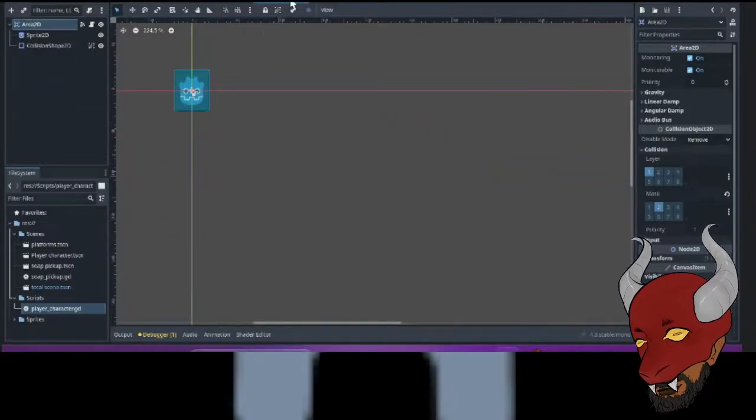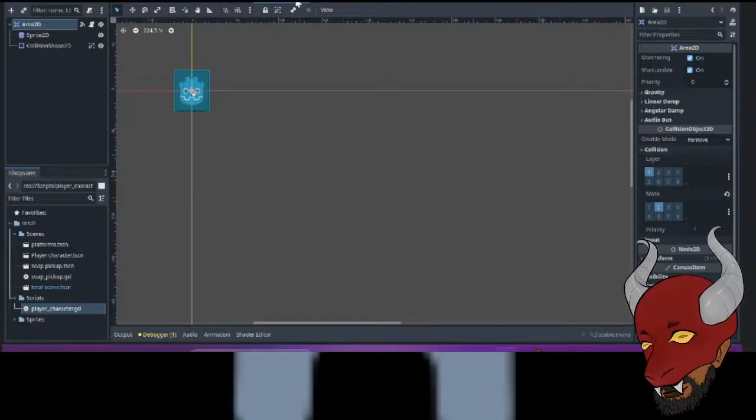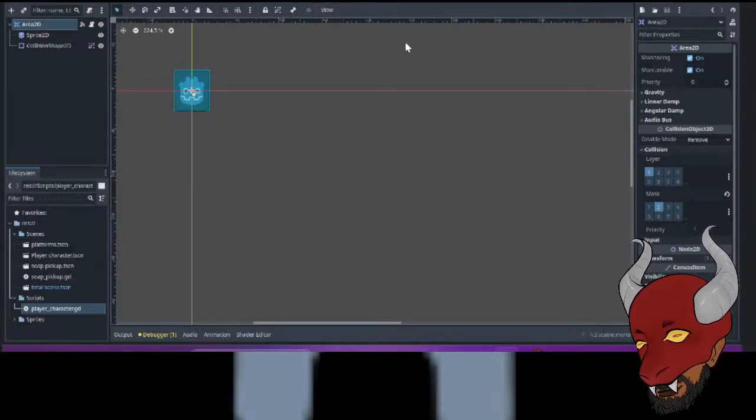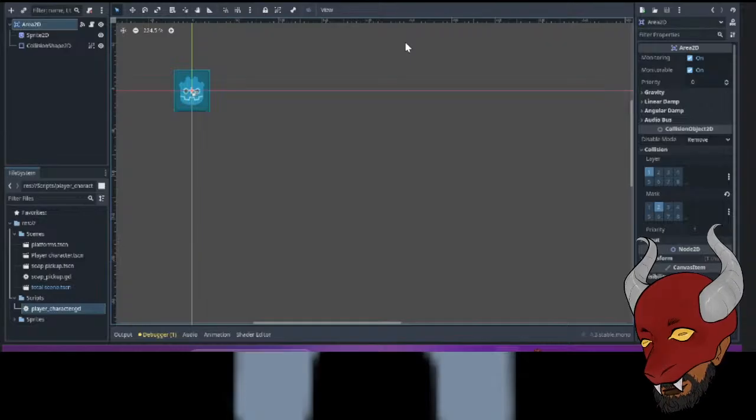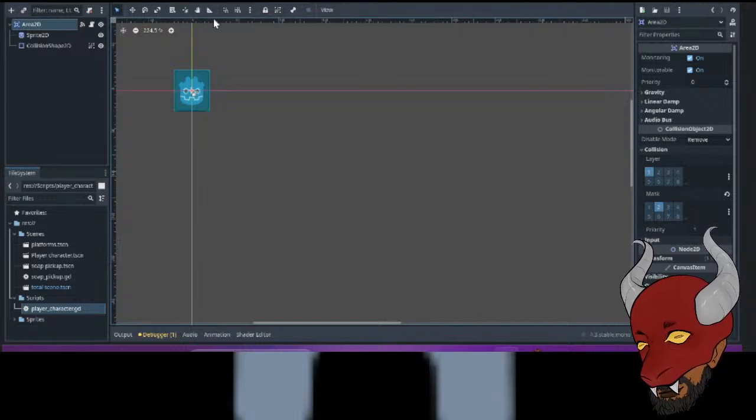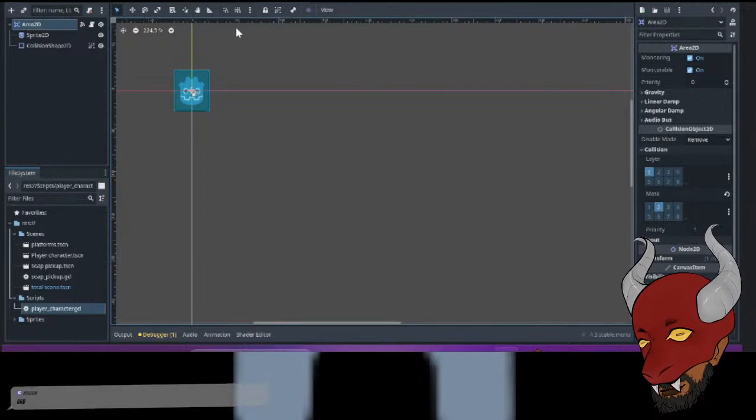Suddenly, we miss a jump and fall into the abyss, and then nothing happens. Let's change that. The first thing we want to do is limit our camera so that it doesn't follow our player when we fall down. Luckily, this is really easy to do. We simply select our camera under the player, go under limit, and here we can set a position limit for the left, top, right, and bottom part of our camera. In our case, we need to set a limit for the bottom position. To do this, we can use the ruler tool here at the top, or simply